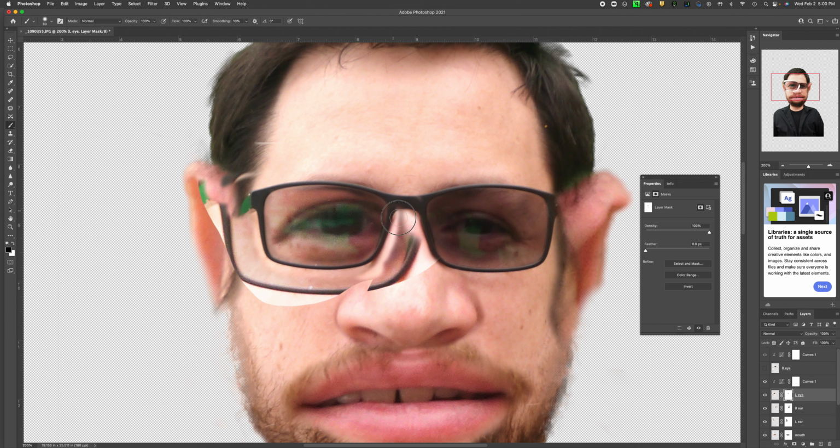And then what I might have to do is come back in if there's anything really distracting, and paint with white, and white will bring back the color. So I have this darker spot at the top of the glasses that I want to get rid of. There we go. And then I'll go over here and do the same with the right eye. Whoop. And I'm still painting white, so I've got to switch it back to black. There we go. So if I, for example, used a soft brush and it was too big, what I could do is make my brush smaller and paint with white, and